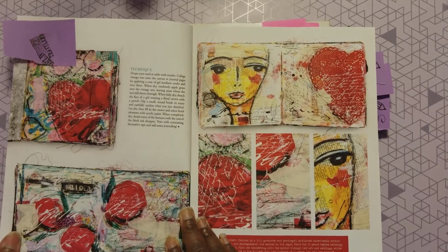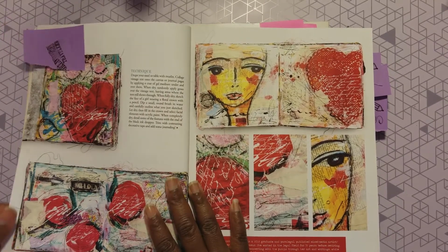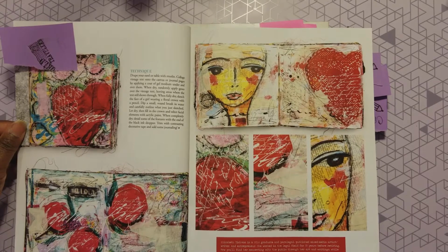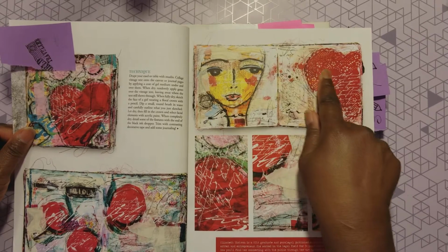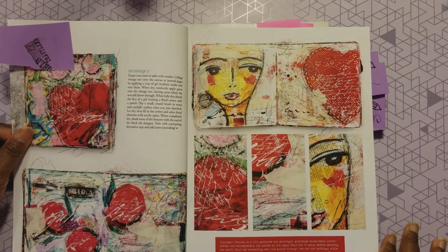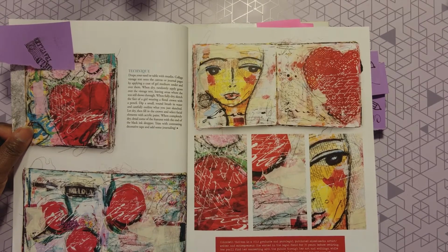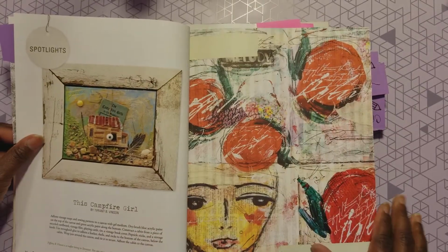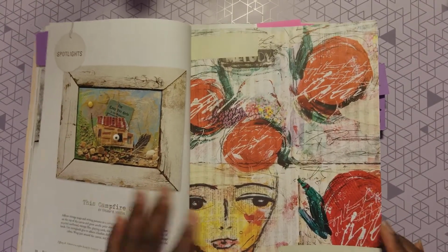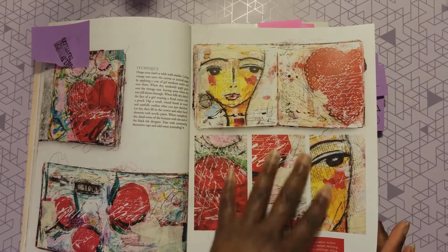Now, y'all know I need rhyme and reason in my art. And I talk about that all the time, that I look at some people's stuff and I just be like, okay, what is it? Why is it? What's the purpose? But I have a thing for faces and I have a thing for eyes. So you all that's been rocking with me for a long time, you know that I have that 10 Eyes by Jane Davenport. And then I also have some of her face stamps that I want to use. So I am excited and I have some things in mind for this kind of art in my art journal,